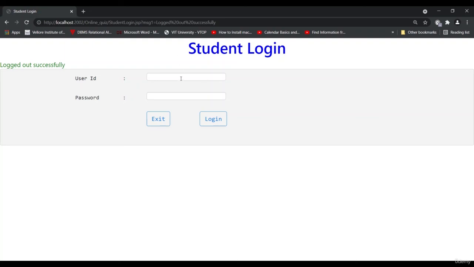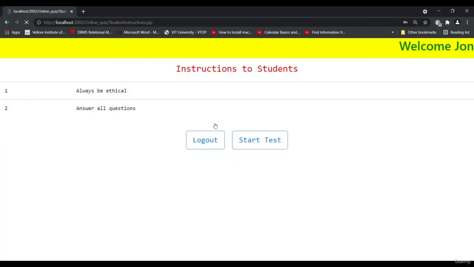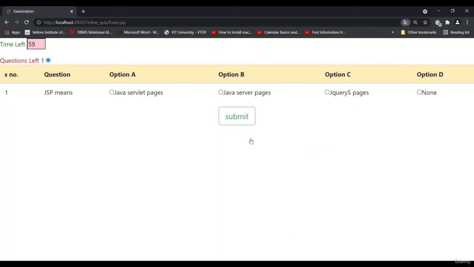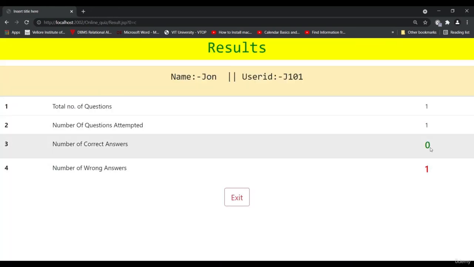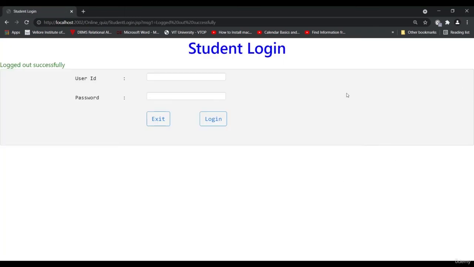If I go again and print 1 2 3 4, start test, I'm going to create and start this query again. If I put jQuery SQL pages and this wrong answer, this correct answer is 0 and it's printing all the things. So this is very simple. You can add more and more questions here, but as I told you,